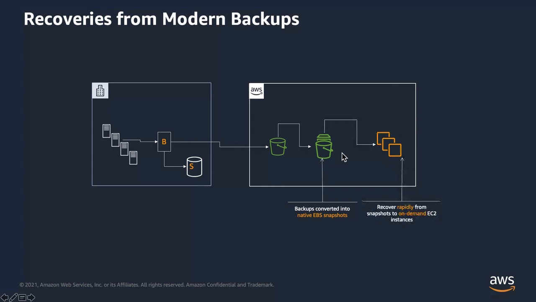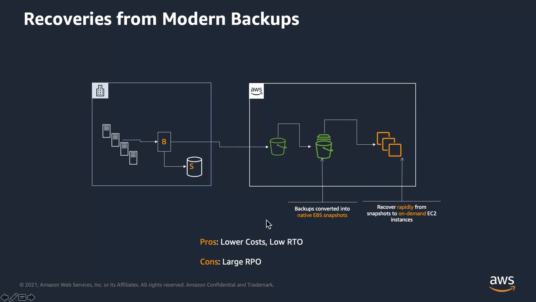There will be some, I would say, latency when you are accessing the data if it is not already restored to the EBS volumes, but behind the scenes, asynchronously, the data is being restored. So it reduces your RTO, that's the advantage, and keeps the cost low because in steady state, you're just paying for the backup stored in S3 and the EBS snapshots. You're not paying for this compute. You're paying for this compute only when you actually recover.